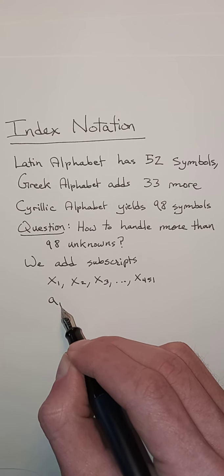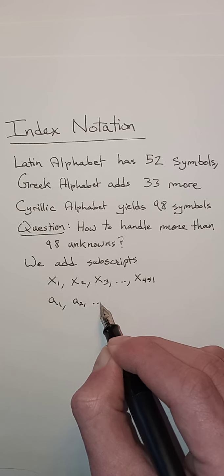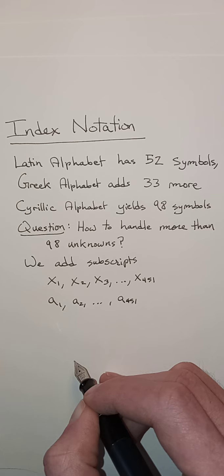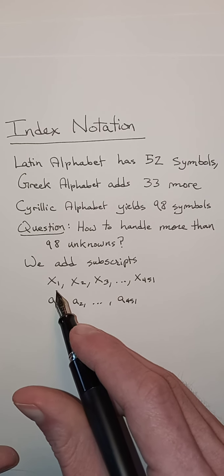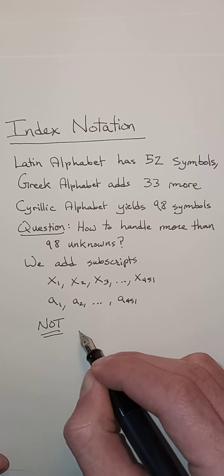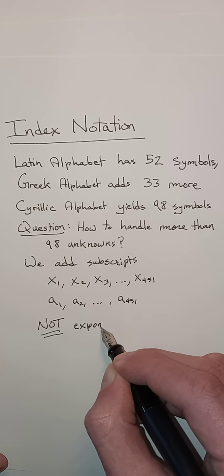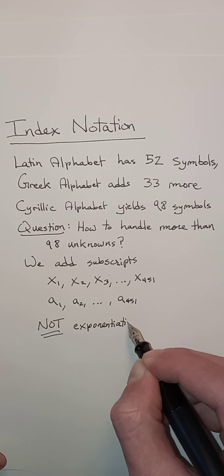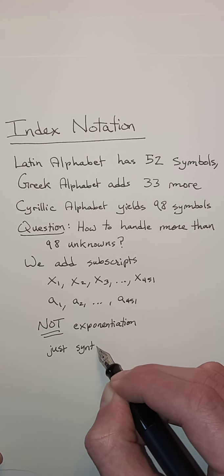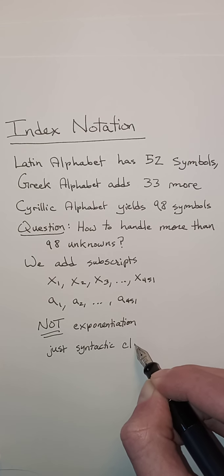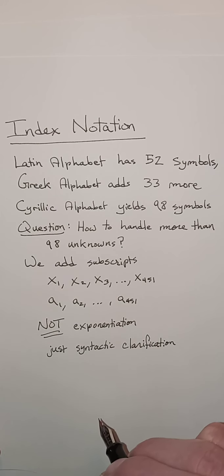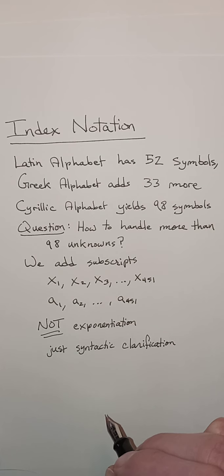And each of them could have a coefficient, A1, A2, all the way up to A451. Now, the subscripts do not have any magical powers. It is not, I repeat, not like exponentiation or some similar mathematical operation. It's just syntactic clarification. It's just what we do to write down different symbols,